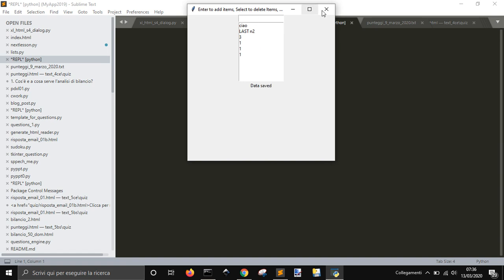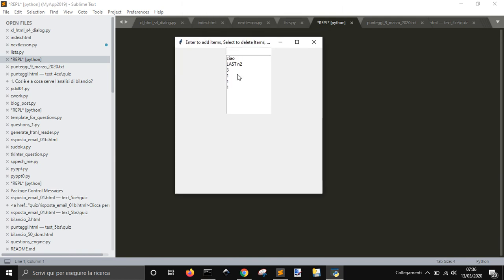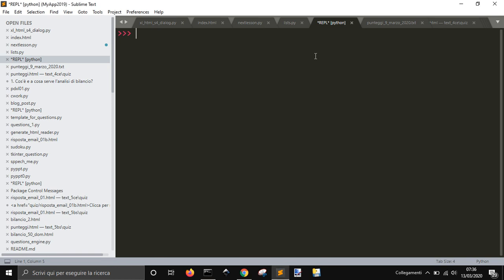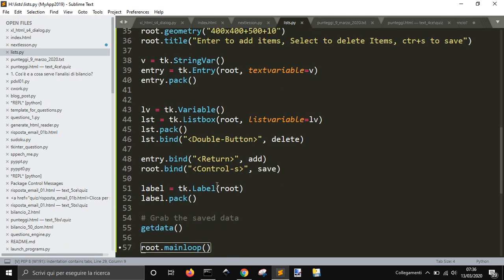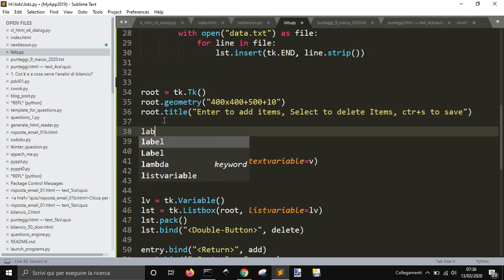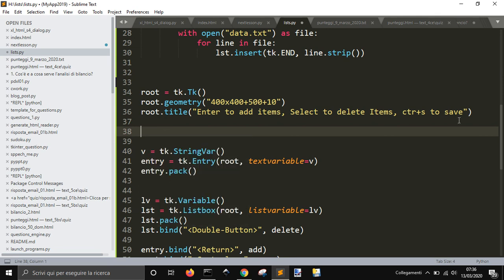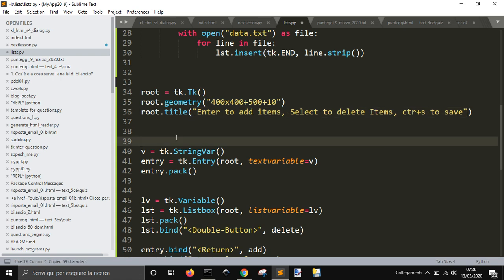Let me give it another last try. And okay, this is how you can insert and delete data and memorize them into an external file so that you can have your personal memo, and yeah, you can just go and let me